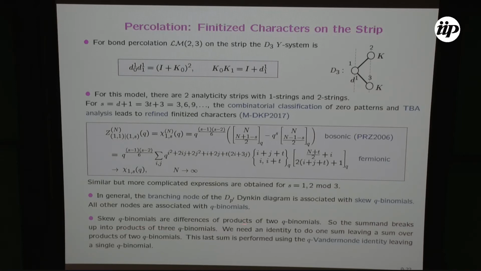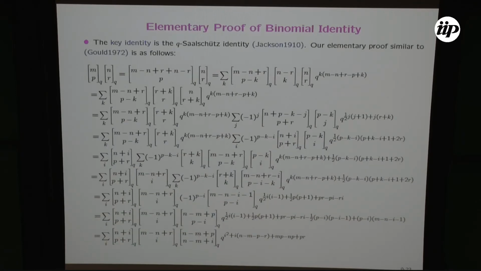The skew binomials are different to products of two binomials, so to prove this identity here, we have to somehow replace this with a product of two binomials and subtract the other one. And so we have to work with sums of products of three binomials, and we have to first remove one of the sums, leaving a sum of products of two q-binomials, and that last sum we can perform using the q-Vandermonde identity. So here is the identity. It's quite horrific. We managed to come up with this elementary proof, but then after our paper was published, Olivia